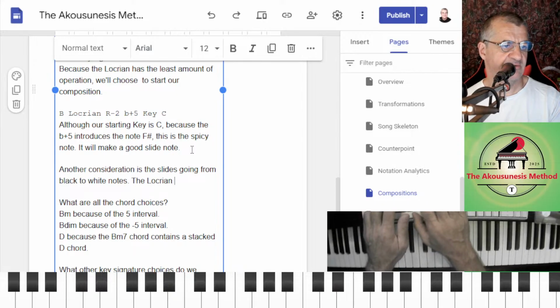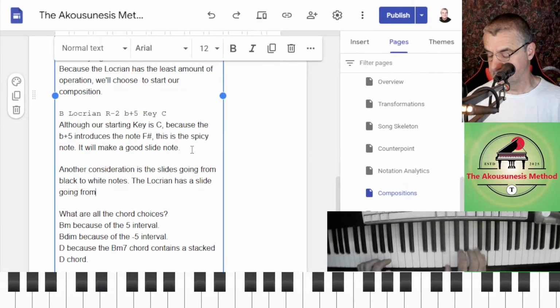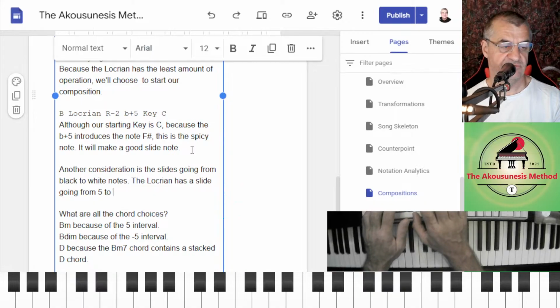The Locrian has a slide going from the 5 to -5.